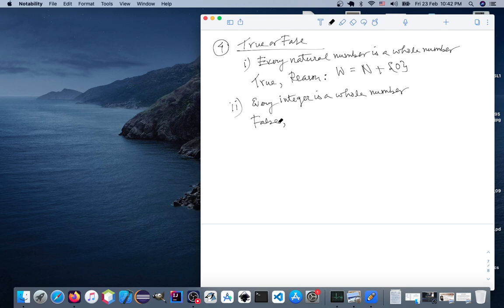So negative natural numbers are also integers, but the negative of a natural number is not a natural number or a whole number. False, because -1 is an integer